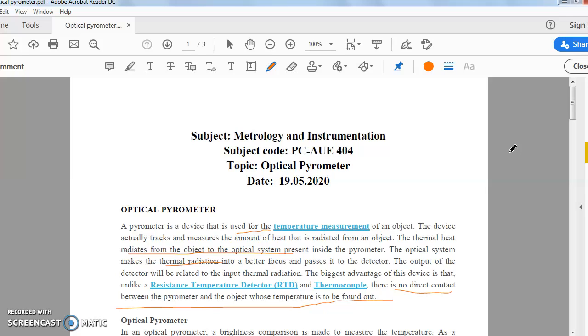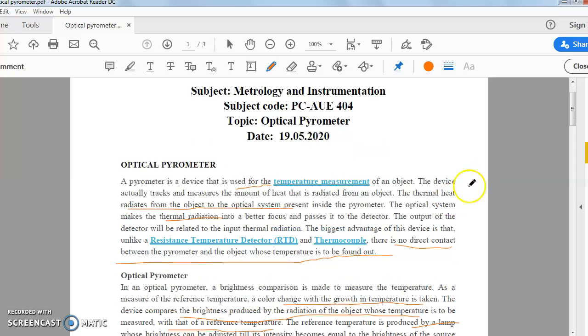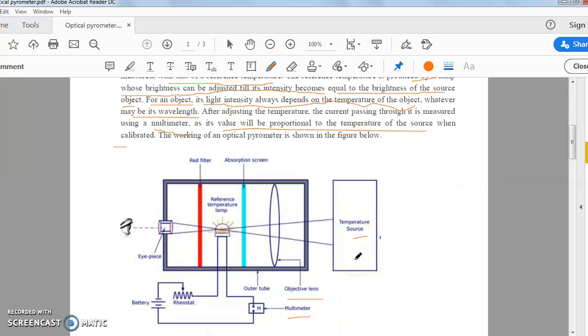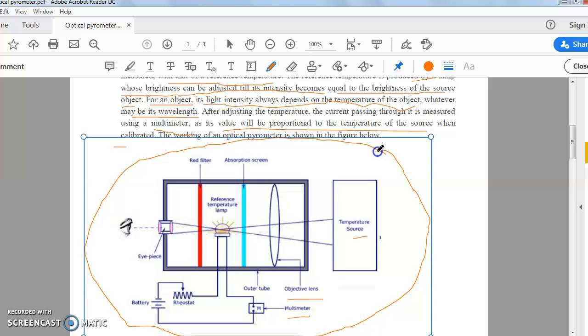So you may understand the basic working principle, the basic construction is very easy. You should understand first the most important principle of this instrument, and also this particular diagram. As soon as you understand this diagram, you can easily write down the working philosophy of this instrument in your own language. Okay, so study this part, and if you have questions, you can ask me. Okay, thank you.